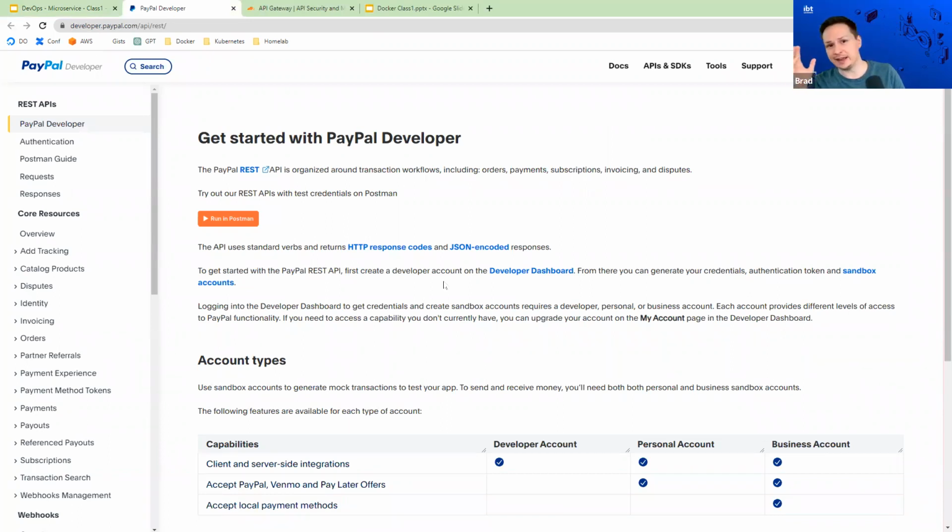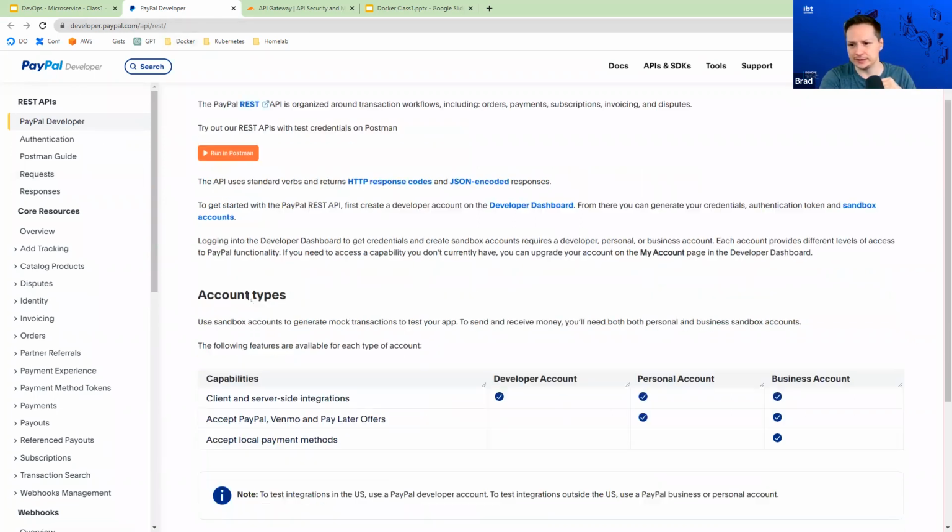So basically every single API out there should have documentation that sort of looks like this, that goes over everything that a developer would need to know to program something to talk to this API, right? So if you search for any API, you should be able to find documentation that looks like this.